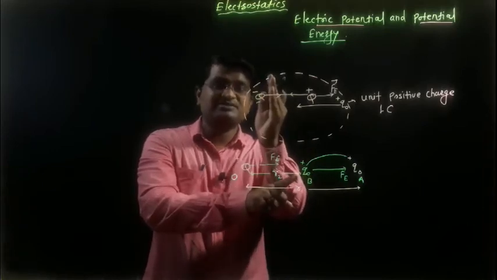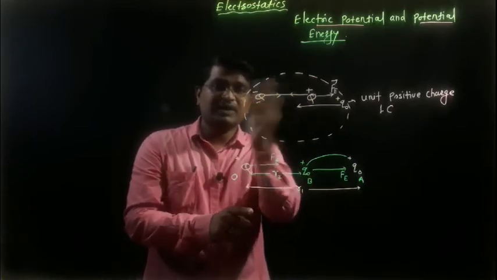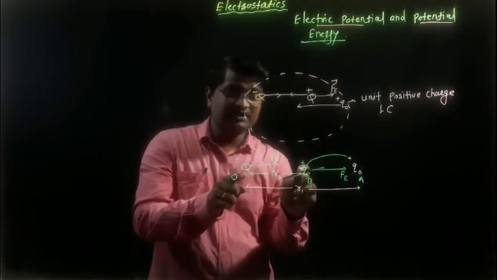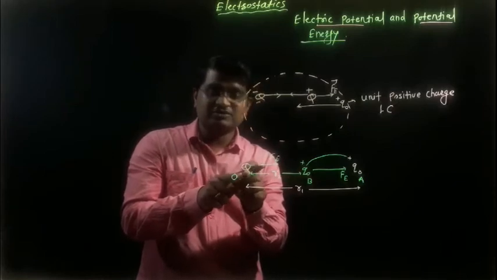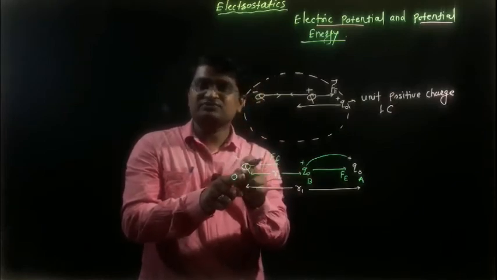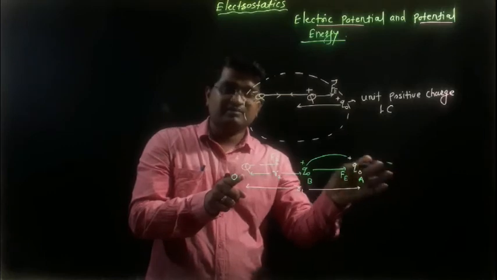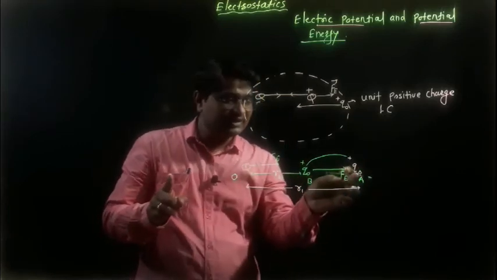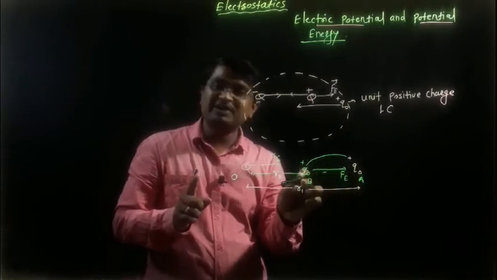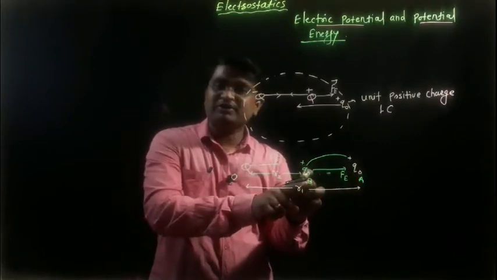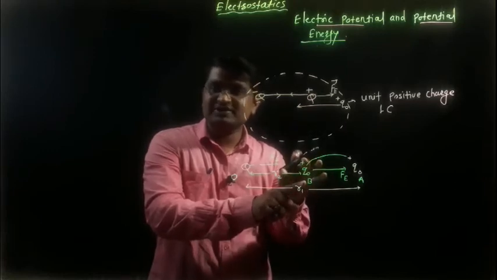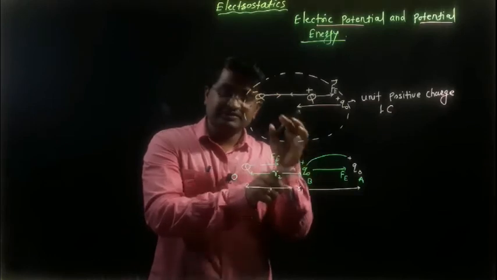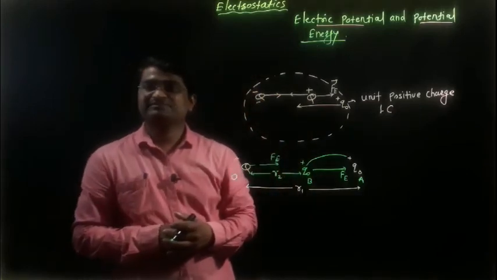But just imagine that this negative charge is neglected. What happens when the negative charge is neglected here? Simply this Q naught will be repelled by the electric force produced by the charge Q. Get clear? It will be repelled. But when the minus Q naught is present here, it will again be attracted and reaches from A to B. When it reaches point B, the total energy will be restored for that unit positive charge Q naught. This restored energy is called potential energy.